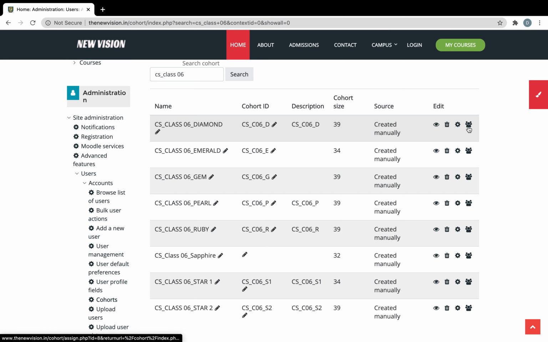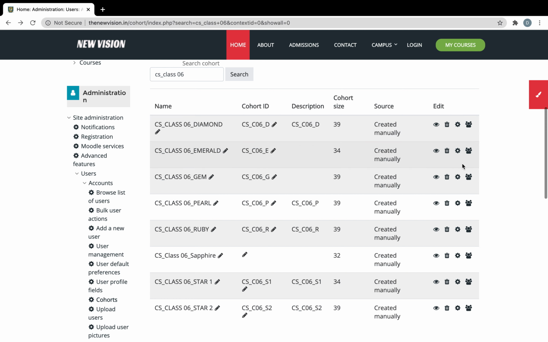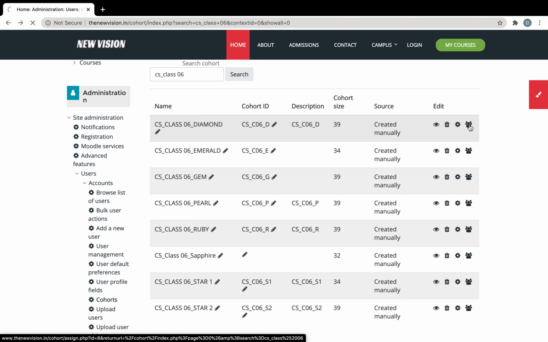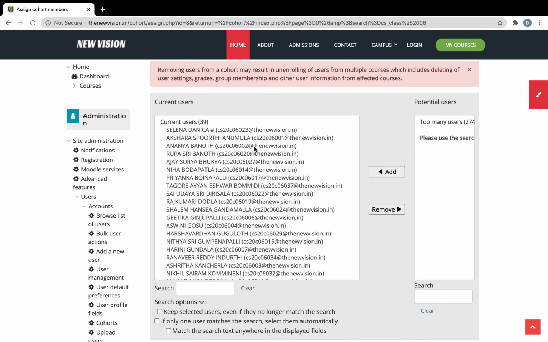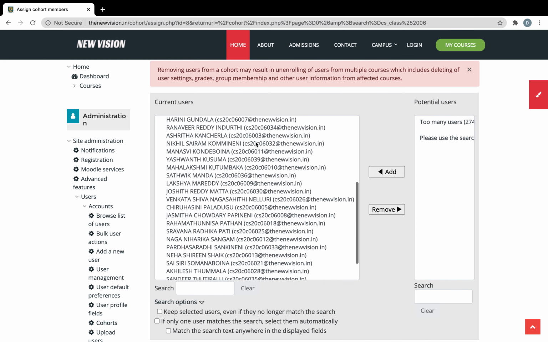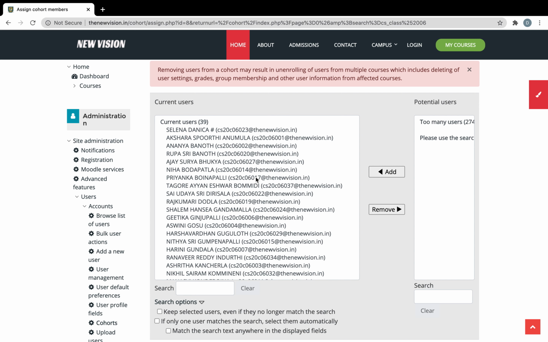Okay, diamond group here. Once again, there is this symbol on the right side of it. You should select this symbol. Here you can see all the users who are paid, who are given access to this website's courses.